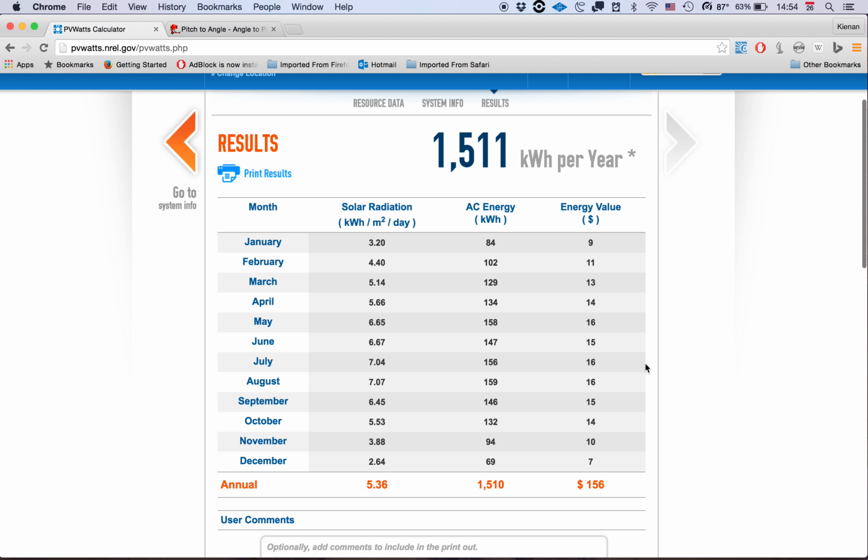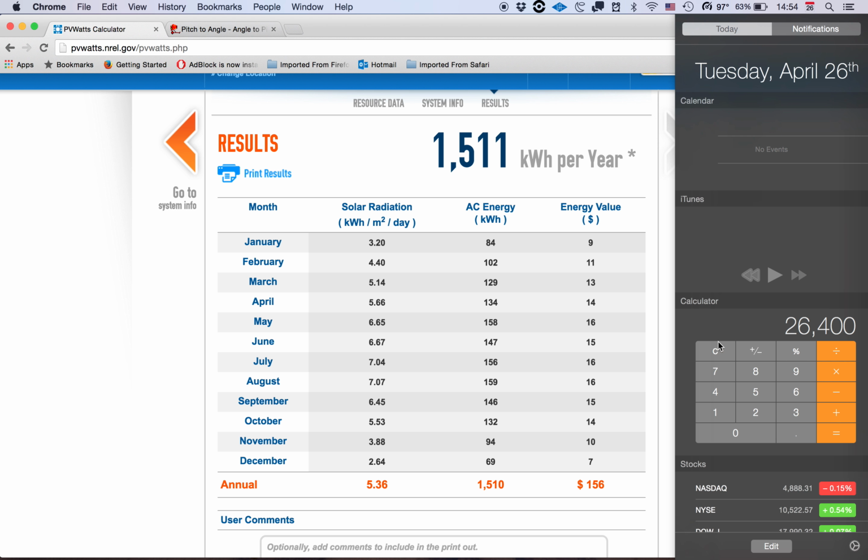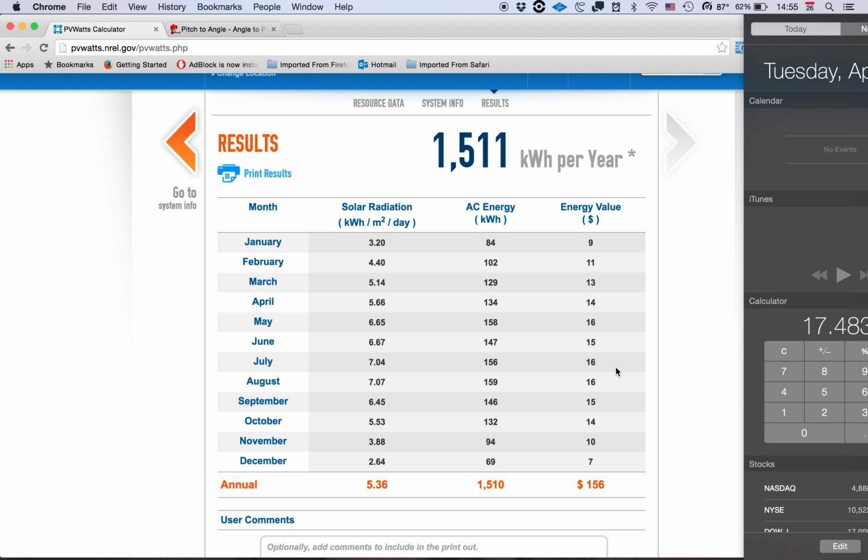So from there, I'm going to pull over my calculator here, and I already have loaded my annual amount of power that this system is going to need to produce. So if I just take this number, 26,400 kilowatt hours per year. Earlier in this demonstration, I think I accidentally called it 2,600. It's 26,400 kilowatt hours per year. I can divide it by 1510. And I can see that it's showing that I would need 17.48 kilowatts of power, just based on that previous number. So I can hit back